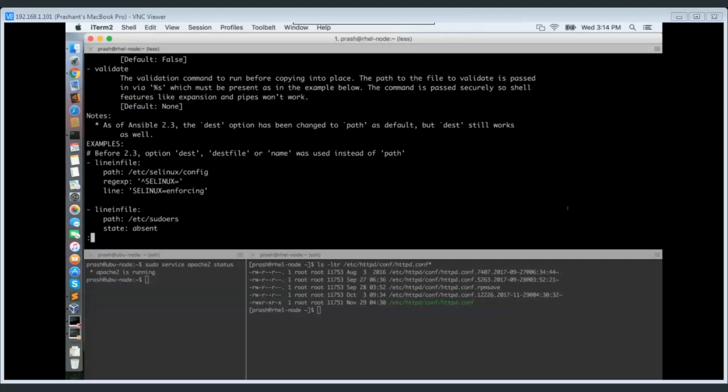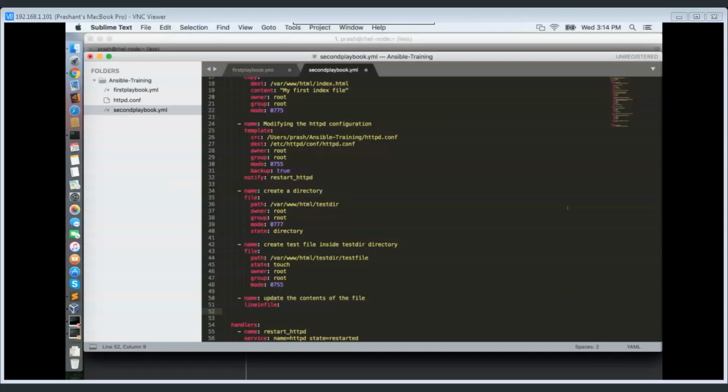So path is this one. Regexp is for when you want to update a line with some regular expression, like if my file has a particular pattern, then only update this line, before that line or after that line. Those things you can do with regex operations. So I'm just saying path, var www html,